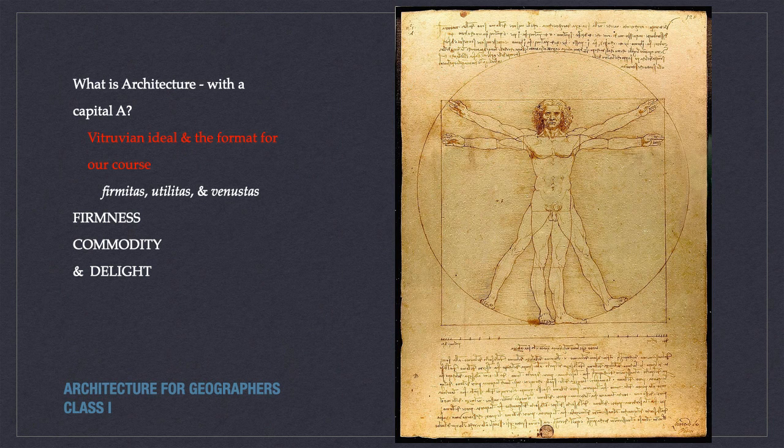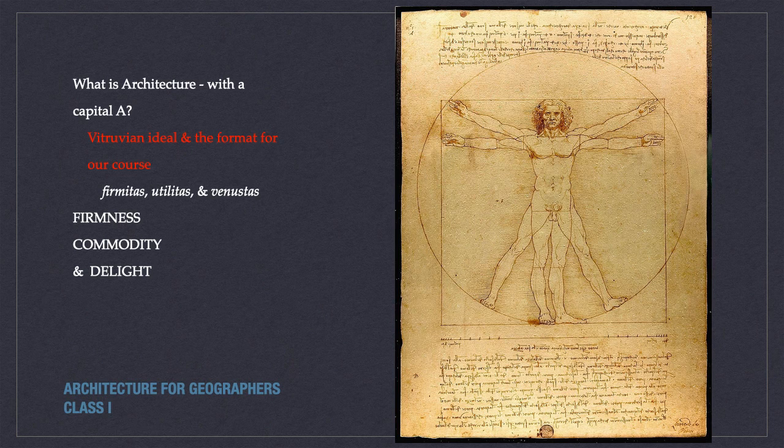The rest of our course will follow these tracks with the goal of better appreciating firmness by developing a visceral, physical understanding of structure and construction materials. Commodity, recognizing that architecture is a practical art. It must serve a purpose, and someone has to pay for it. And we'll learn about the economics of the built environment as well as social constraints and impacts on building.